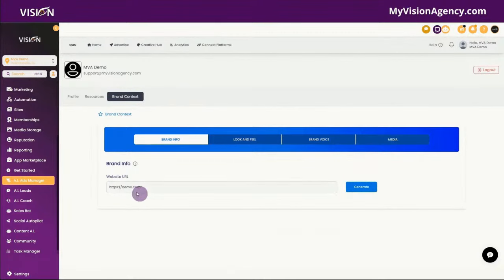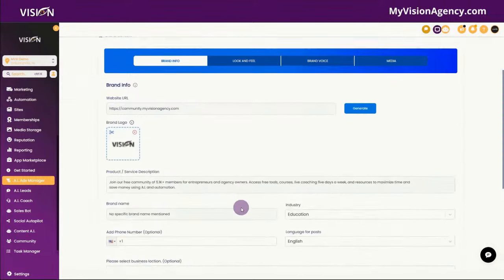So we're going to teach it about our business, and then it's going to help us create the ad. So here we want to put our website. Now, for this example, I'm going to use my community because your free community is a great way to get leads for your business and then give them a little bit more education on how you are the perfect solution for their issues. So I'm going to go ahead and just type in my free community website there and generate